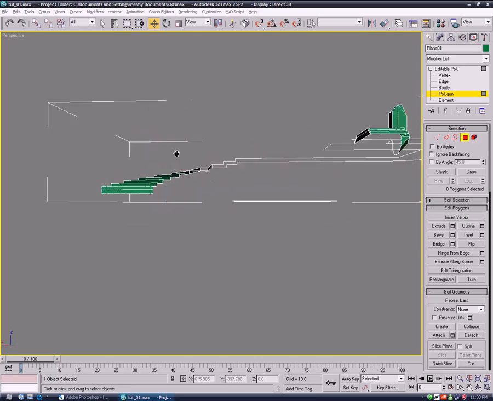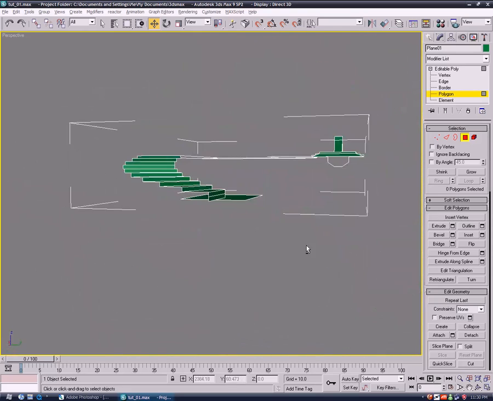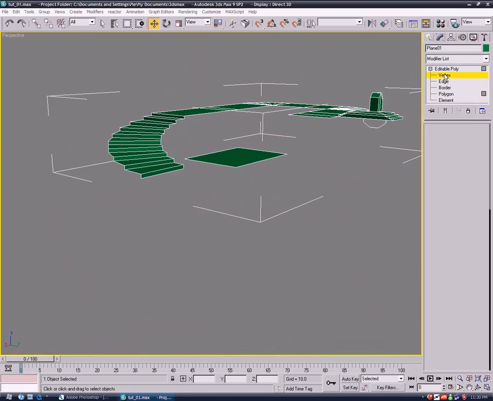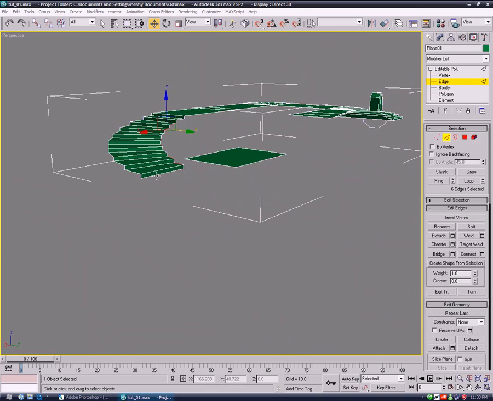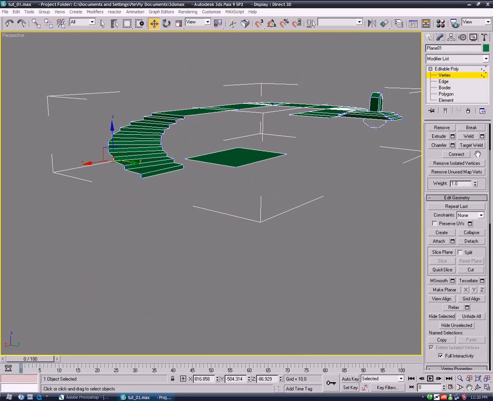Nice steps that lead down into the depths of the earth or something. I don't know. I'm going to delete that. Another thing is, when you're using vertex mode here,